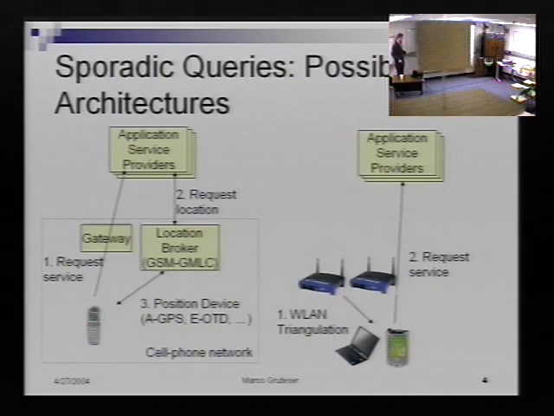Now, to understand privacy in these cases, you have to look at what parties are involved and how these services are implemented. Here are two possible architectures for location-based services. On the left is a cell phone-based architecture after the GSM standard, for example, and this standard uses a location broker, an intermediary that is deployed in the cell phone network and brokers location information between the user's device and an external application service provider, such